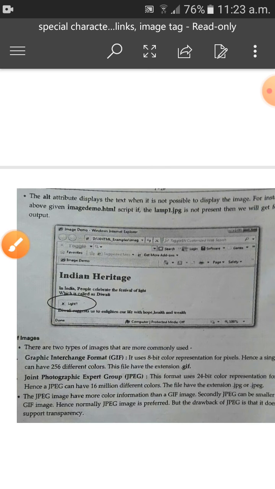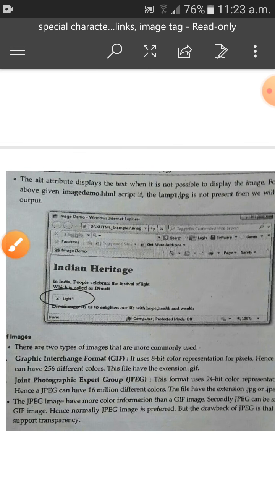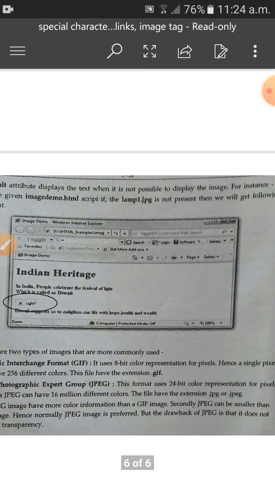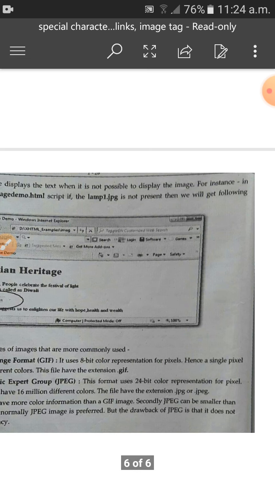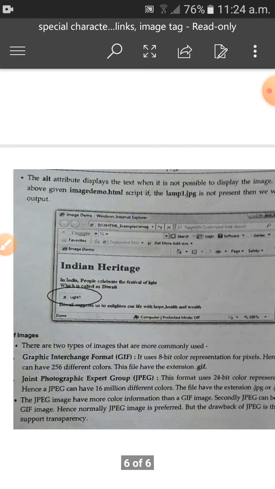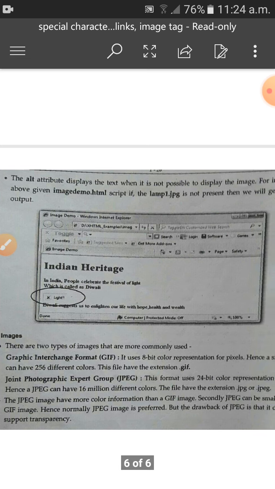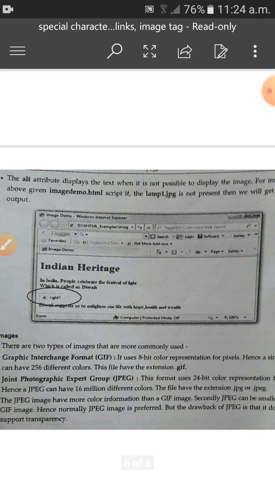Next, the image types. There are two types of images that are most commonly used. The first is Graphic Interchange Format, that is GIF. GIF uses 8-bit color representation for pixels, hence a single pixel can have 256 different colors. This file has the extension .gif.